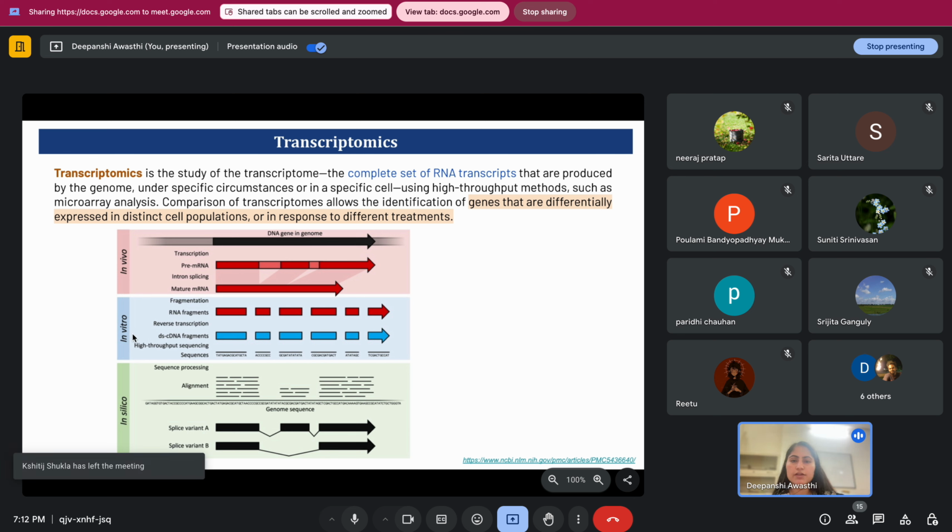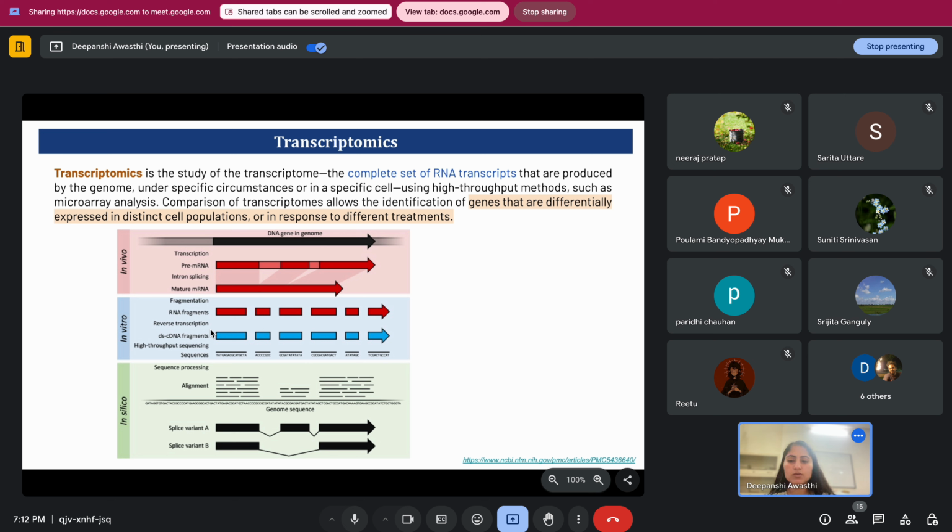Now in vitro, after obtaining this RNA sequence, we have to fragment it because we want to sequence that RNA. So in transcriptomics we will perform RNA sequencing. We have to fragment the mature mRNA into smaller fragments. And when we do sequencing, we do not go for direct RNA sequencing; we have to convert it into cDNA. For that we have to perform reverse transcription, which will convert this RNA sequence to the